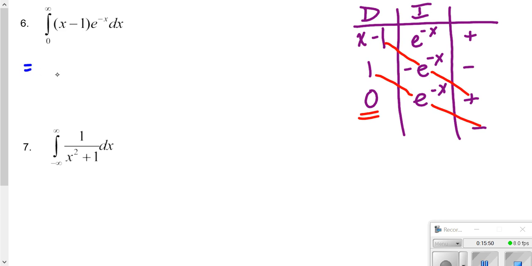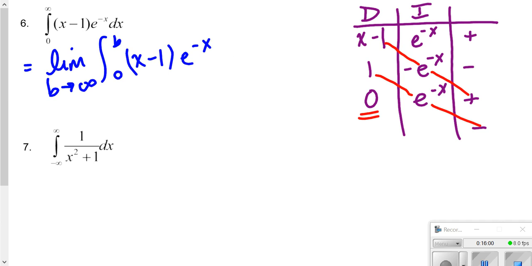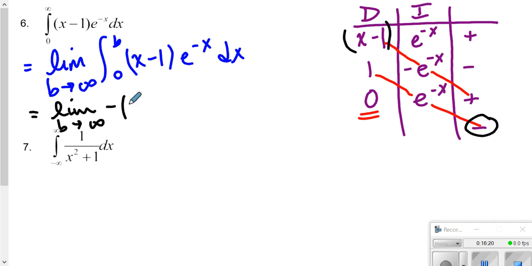Let's first do our rewrite. So we're going to have our limit as b goes to infinity, replace this top part with a b. Then we're going to take our antiderivative off of that table on the side that we just worked out, right? Because that's where the antiderivative is already figured out. So my antiderivative there, let's read our diagonals. I'd have a negative x minus 1, so negative parentheses x minus 1 times e to the negative x minus,